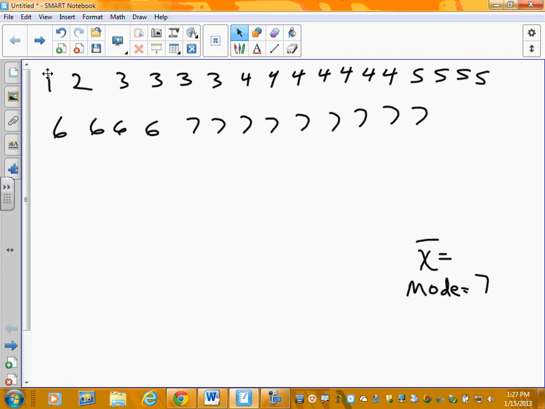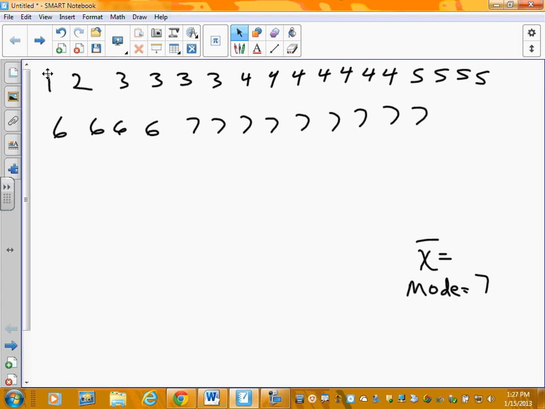I could ask, instead of the number of wins in the Falcon season, they don't have a no-win season up there, but I could say, what is the number of text messages that you sent today? And I could go around this room and I bet the mode would probably be 0, because most of you haven't seen them yet because school hasn't cut out. Hopefully, they haven't seen them much. But anyway, so it says 0, 0, 0, 0, 0. So the mode in this room in that question would be 0.